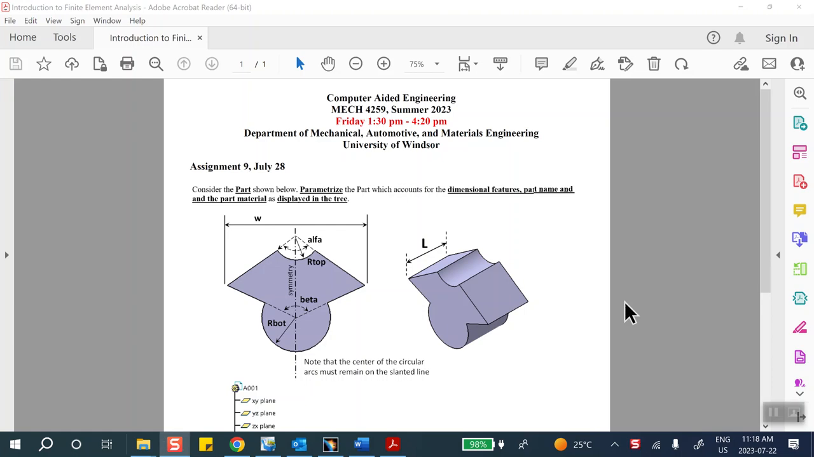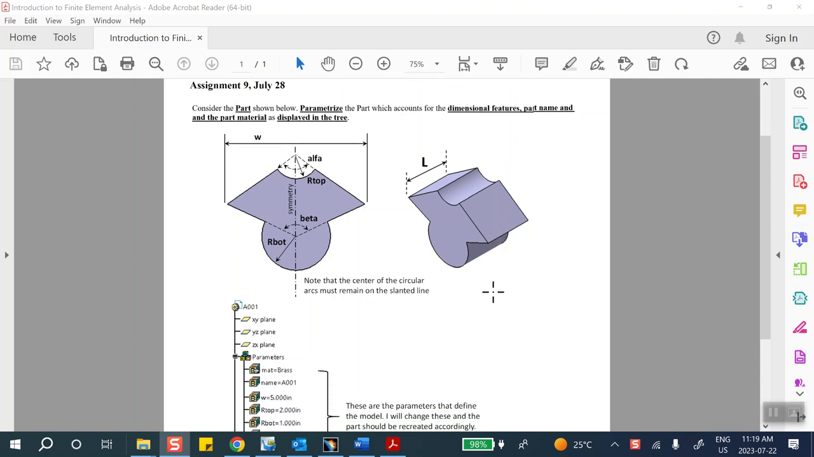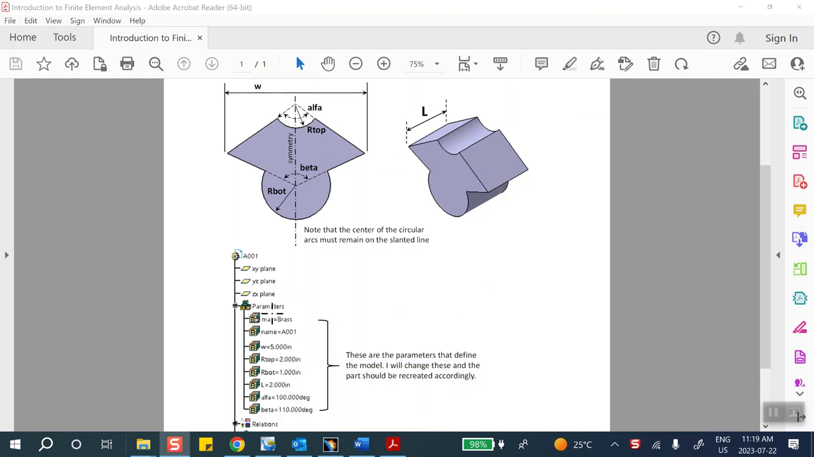Hello, people. This is the afternoon lab of July 28th, and it's for assignment number 9. Here is a problem that you're asked to take this part and parameterize it. And what that means is that you should be able, or I should be able, to go to your tree and by left double clicking on each one of these, change the numbers, or the material, or the name of the part, and everything should be reflected in